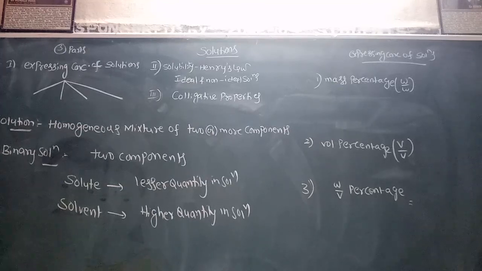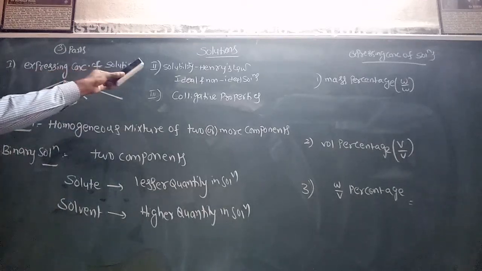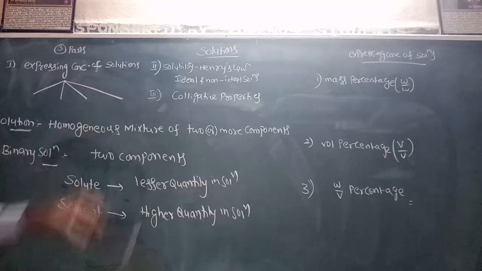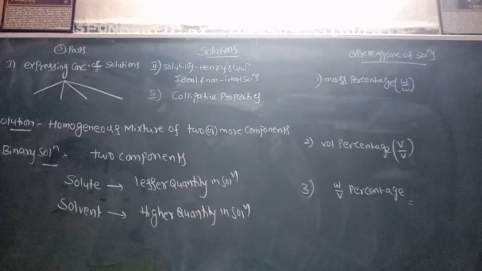Today we are going to discuss the chapter Solutions. It is the second chapter in intermediate second year chemistry. The total chapter is subdivided into three parts. Part 1 is expressing concentration of solutions. Second part is solubility, Henry's law, ideal and non-ideal solutions. Third part is colligative properties. In total, there are 4 colligative properties. But before that,